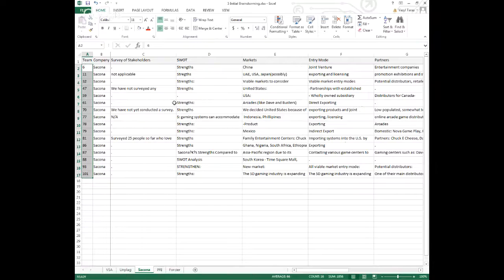And then a week later, it would be main points with some explanations, and then main points with more detailed explanations. Then finally, they will have to have a more or less finished complete draft. And at the end of the project, they will submit the final complete report. So when we look at Sakona, it means that every week the students will be answering the same set of questions, but each time with more and more detail.